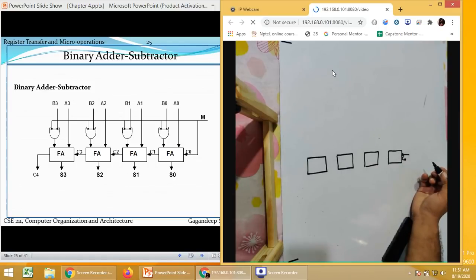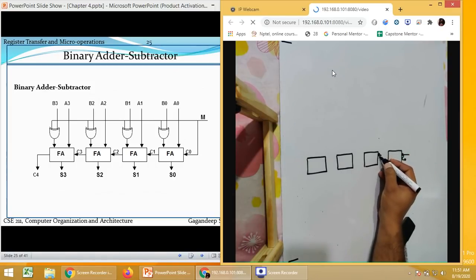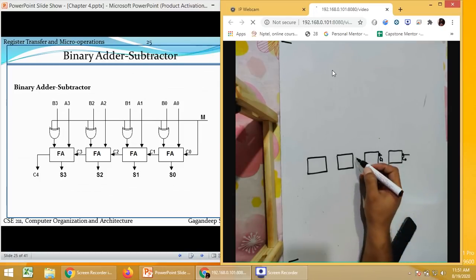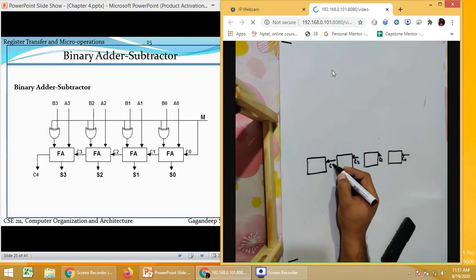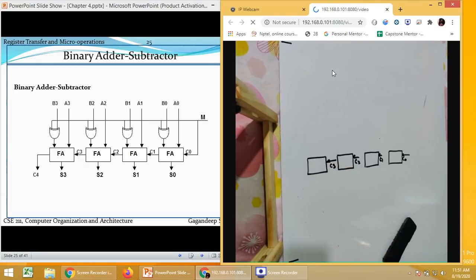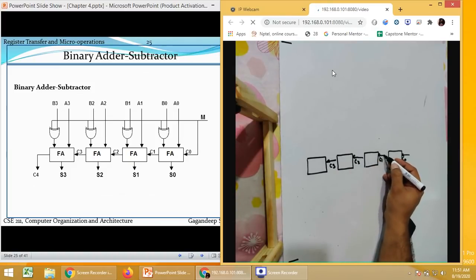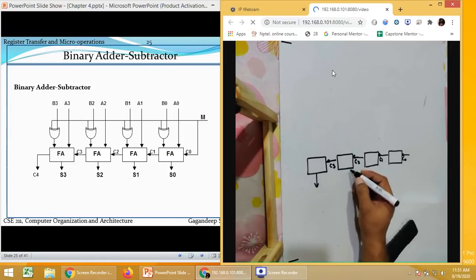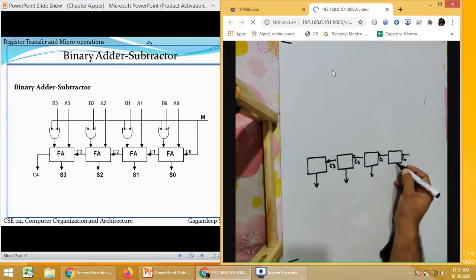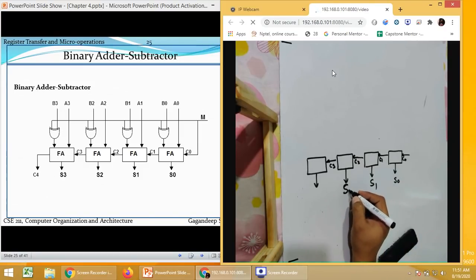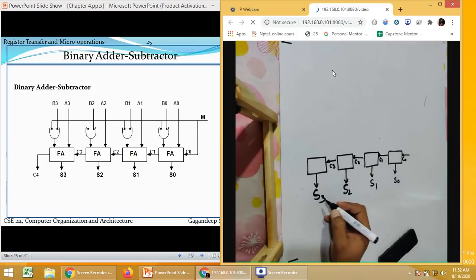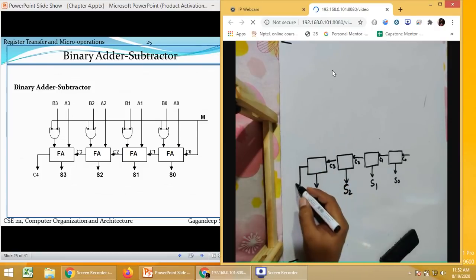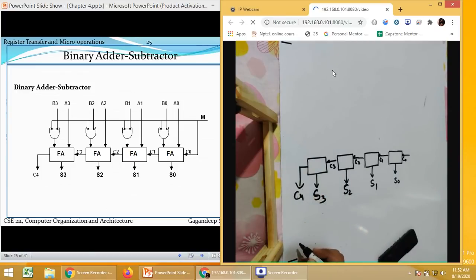Here we are having C0, C1, C2, C3. In this case, we are also having the same output lines as we were having in the last case. So S0, S1, S2 and S3 are going to remain the same. Here we will be having a C4 value.